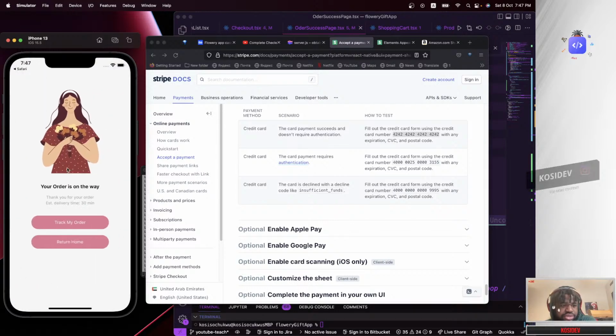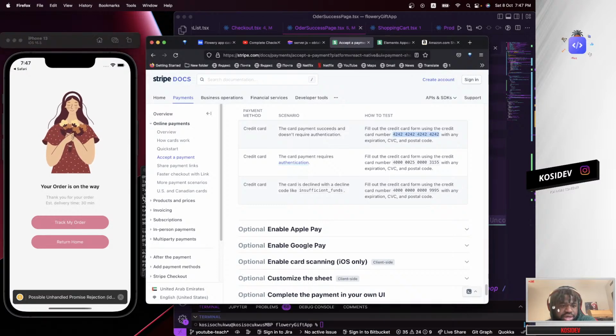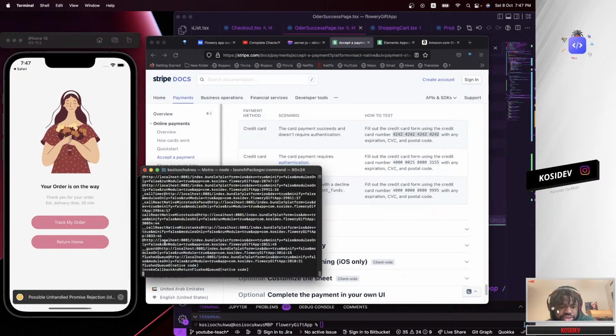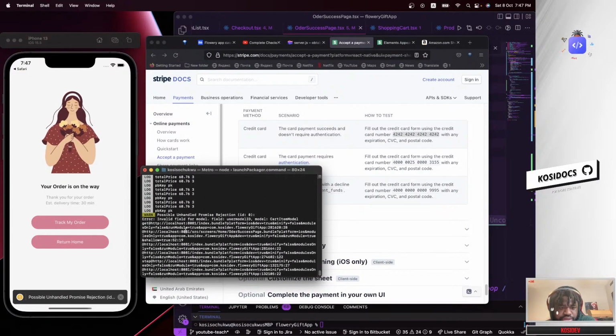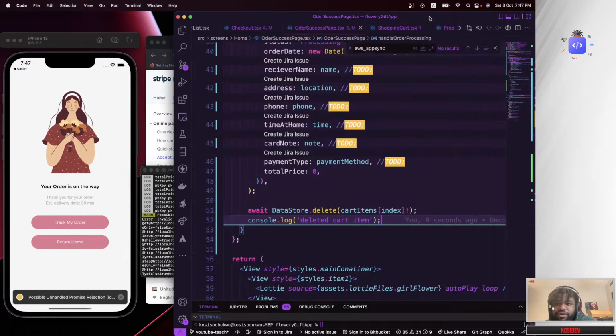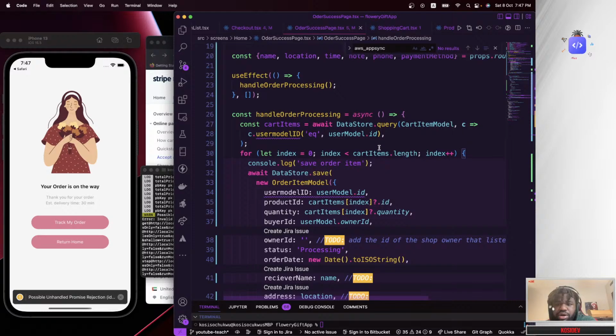Yeah, done. So the user is actually created, and if you take a look over here, it says user model ID, cat model, invalid field for our cat model.